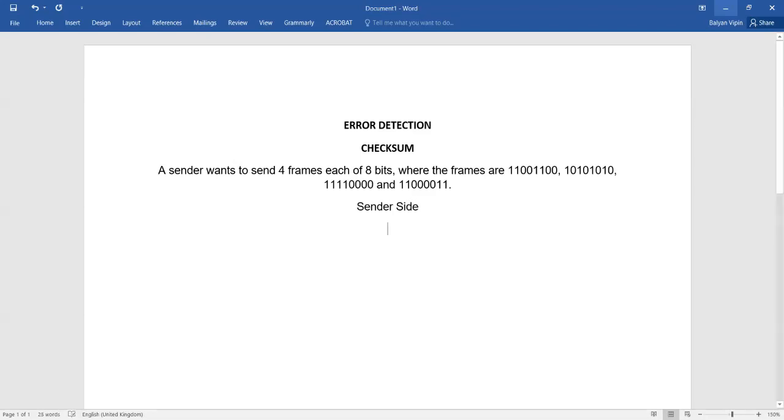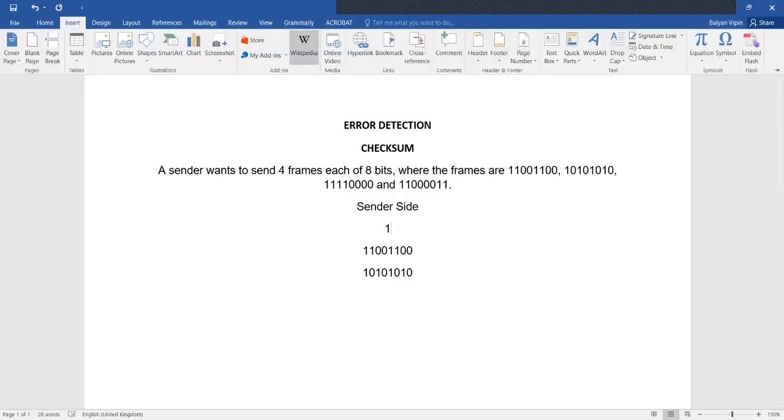So what the sender will do is take these first 2 frames and do the XOR addition. Sometimes people call it the XOR operation, and it's also called modulo 2 addition. It's called XOR addition also. So what happens in XOR is